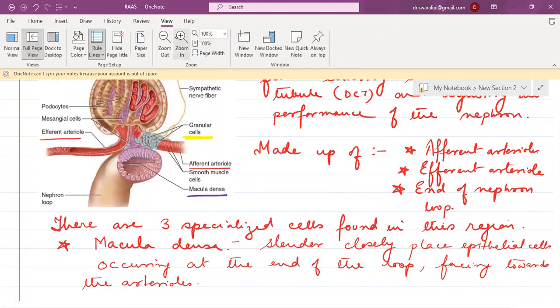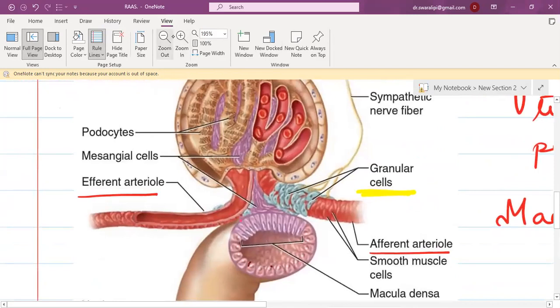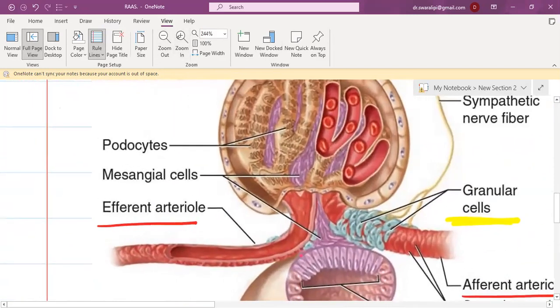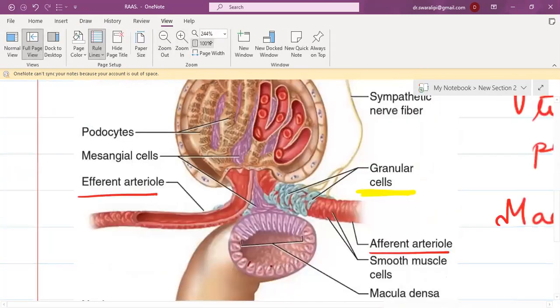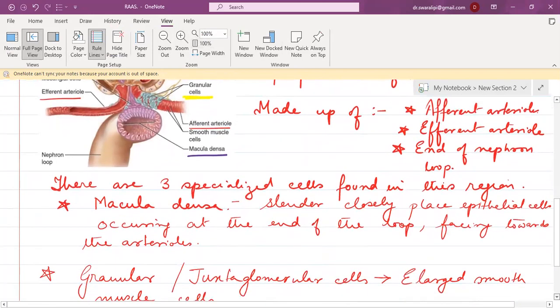I guess that if I enlarge the picture, you'll be able to understand. See, on the efferent arteriole also, you can find these. These are the granular cells. On the afferent arteriole, it is mostly found, like this. All the blue colored cells that you're finding are the juxtaglomerular cells. I hope it is clear to you. So now I'm again returning back to the writing portion.